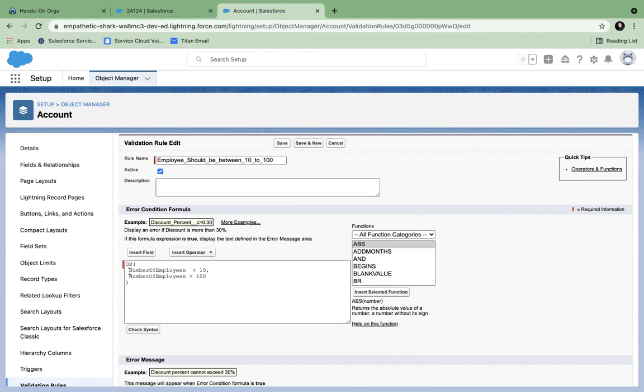So here, what has happened? Or condition and number of employees less than 100, number of employees. How do I replace this with a not condition? Individually, not. What is not? Not means reverse of what is inside. So what is greater than 10 will become greater than or equal to 10, and this will be less than or equal to 100. Isn't it?